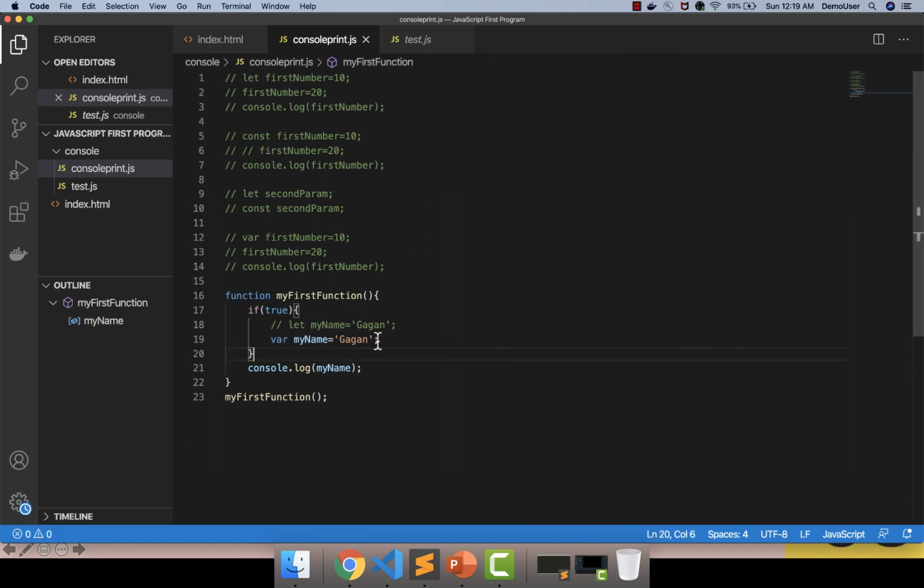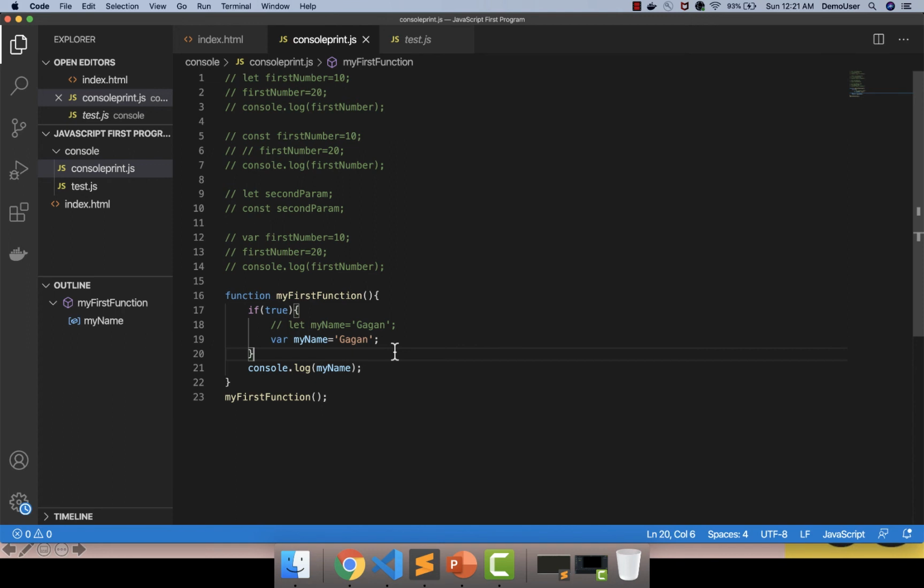Since var has this kind of limitation, there was a great need for JavaScript developers to add new support. So they introduced let and constant after ES6 to make life easier for all the developers. With this limitation of var, it is very difficult to write our code because it is function scope, so this variable can be used anywhere within this function and it becomes difficult. This is a very basic example with a very small function, but in actual real-time scenarios, we have very big functions containing hundreds of lines of code. At that point of time, it becomes very difficult to track the usage of this particular variable. So we need to use something else. That's why we have let and constant, which were introduced as a part of ES6 and which resolve a lot of problems which were there with var.